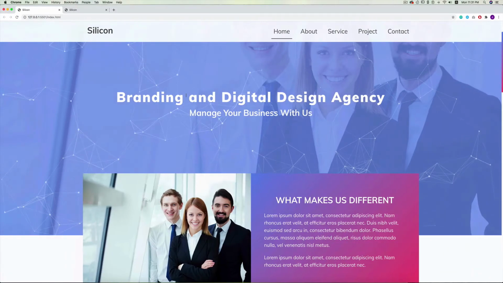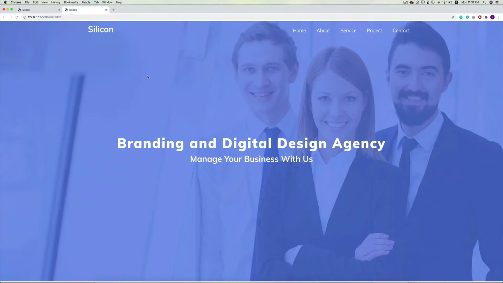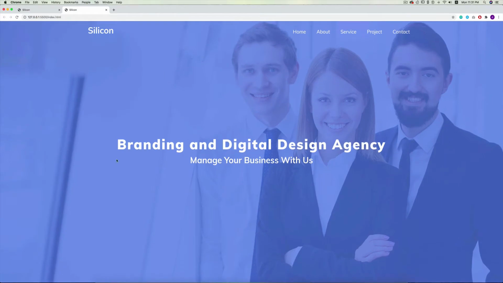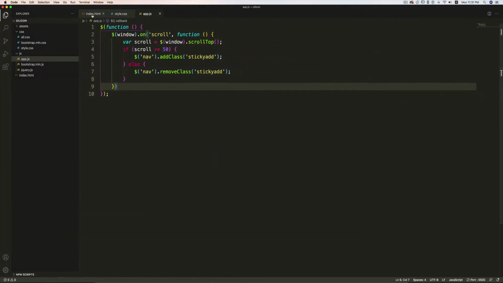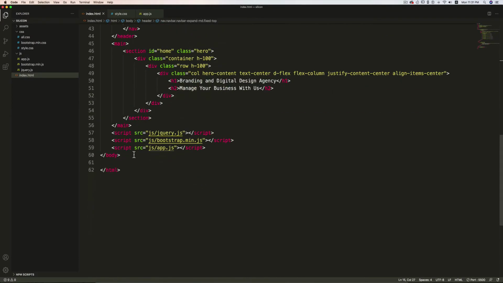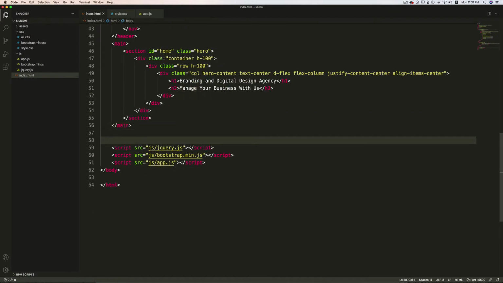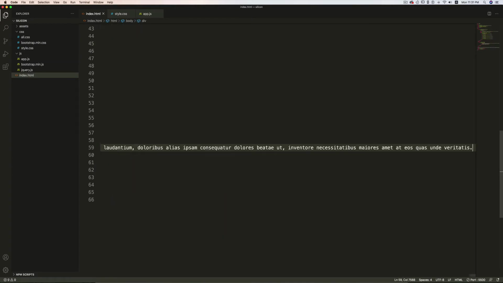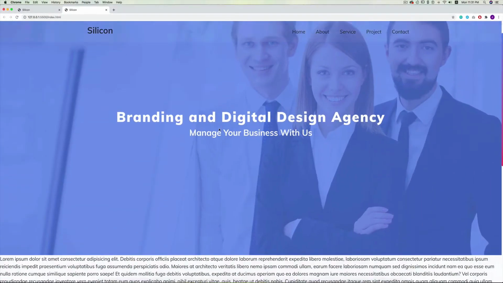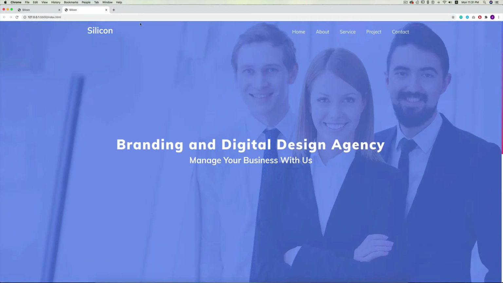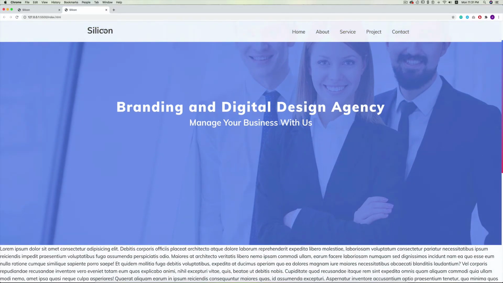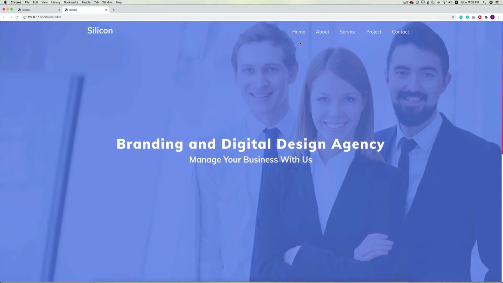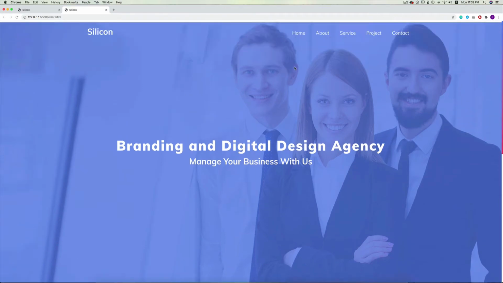Let's save this, back to the file. Now if I scroll down, I cannot scroll down because the height is 100vh. So let me add some element so that we can get the space. Let me create a div. Inside this I'm going to add, let's say, lorem 1000. Let's save this. Now if I scroll down, you can see that we have that overlay added to it, and the color of the brand changes to black, and also the links color changes to black.